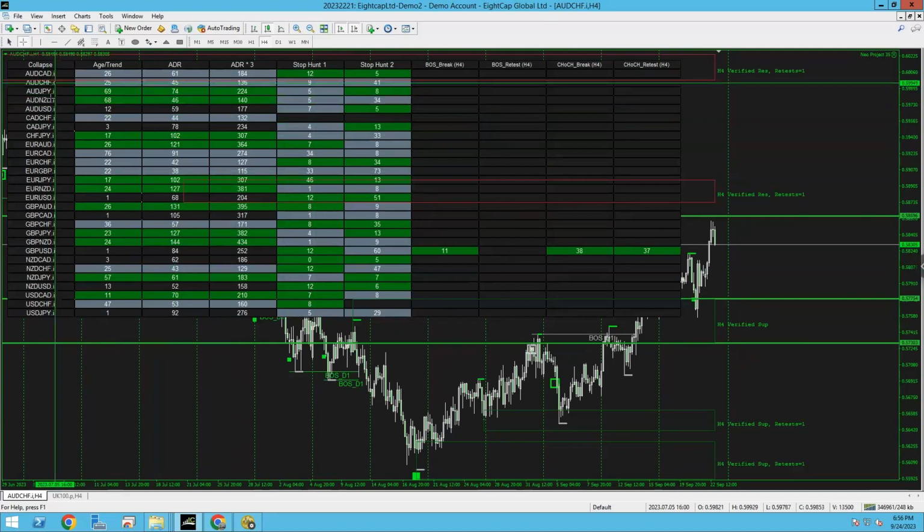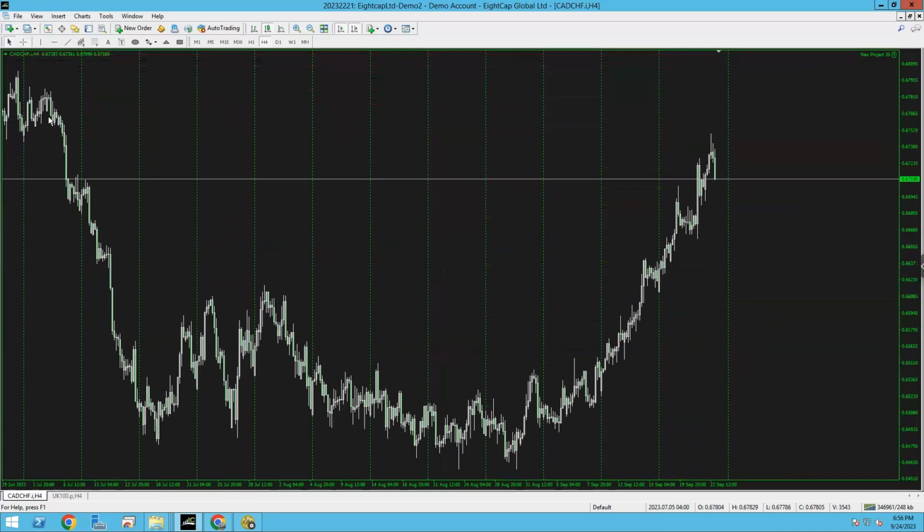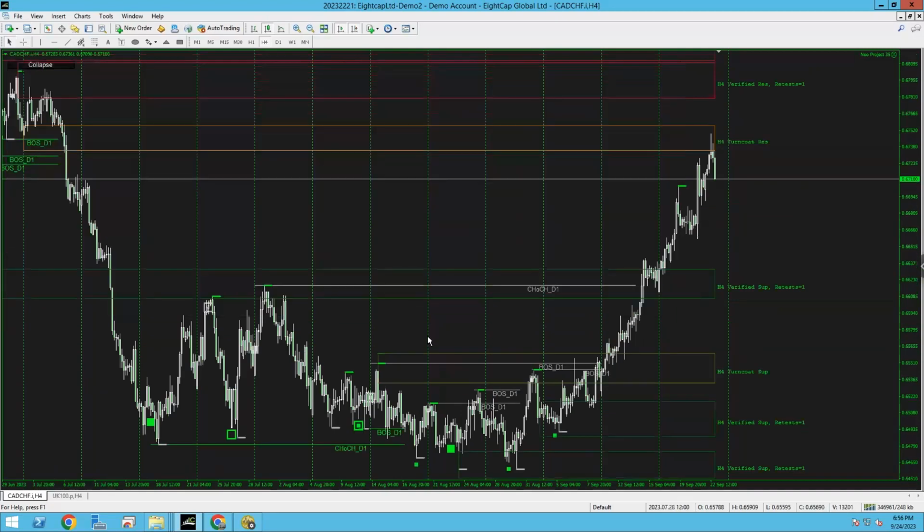We're gonna go over more recent ones, not these long-term ones here. Like I said, the trade's already happened on this pair, but I can't show you because the turncoat's not there anymore because price has broken it, gone the other way, broken it again, and all of that. So here, if we go over to CAD CHF, these are the recent ones that appeared. Boom, same thing. You had your multiple daily breaks of structure. Age trend appeared from this low here as it was bullish.